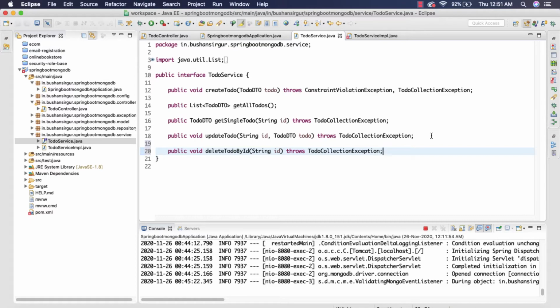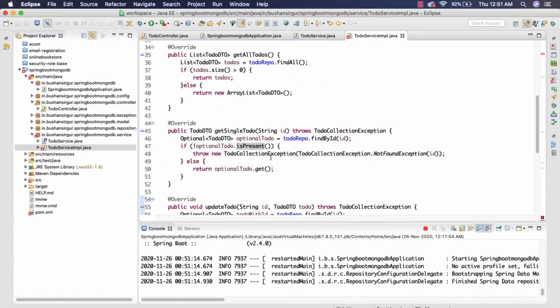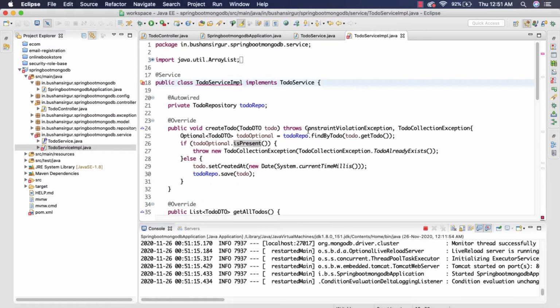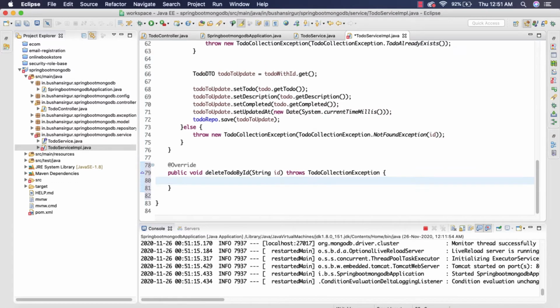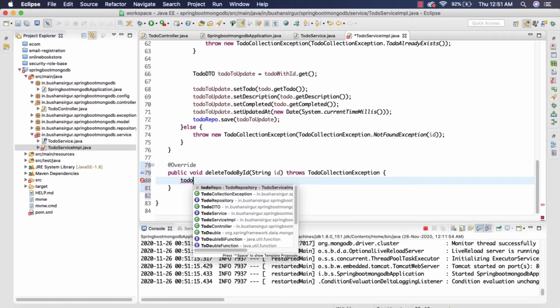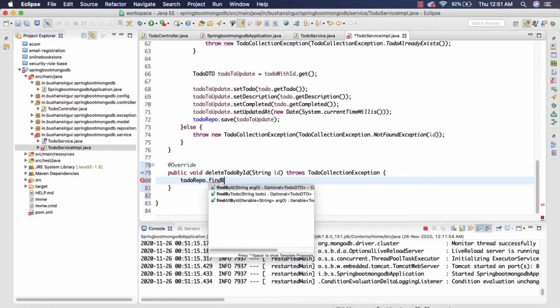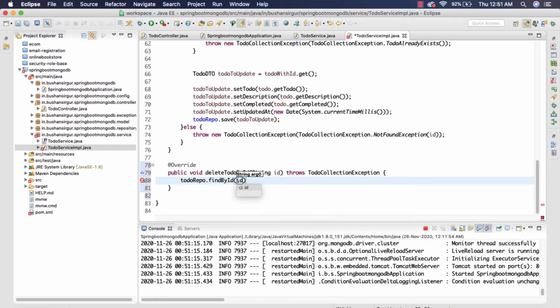Let's save this, and inside the service implementation I'm going to implement the method. First we are going to make use of the repository to call the findById method, todoRepo.findById, and we're going to pass the ID.